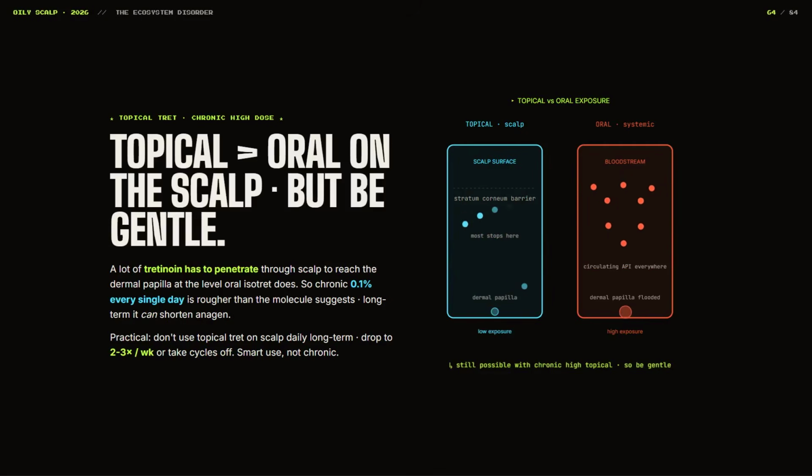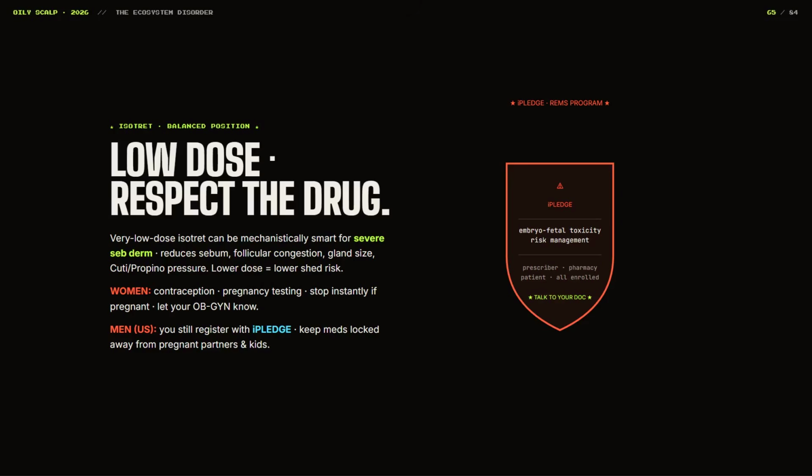Minoxidil sulfate is there, but still, even then, you probably shouldn't be chronically using topical tretinoin every single day on your scalp. Maybe give it a break, maybe use a lower dose 2 times a week, 3 times a week. That could possibly help reduce this sort of stress, so just be careful. But just to put you at ease, dermally speaking, it's going to take a lot of effort for a bunch of that tretinoin to go through the scalp and interact with the dermal papilla, whereas orally, obviously you're going to get a higher circulating blood API that can interact with the hair follicles and cause that shedding issue.